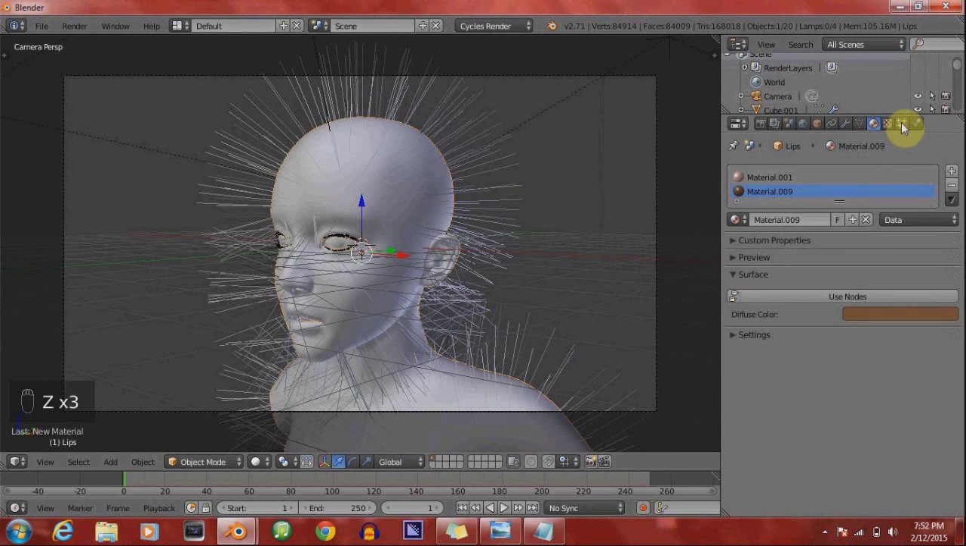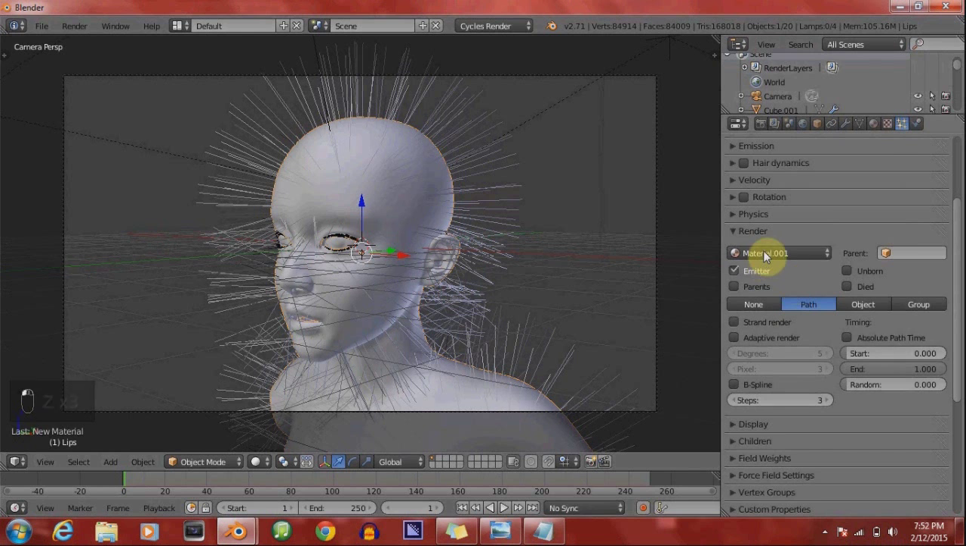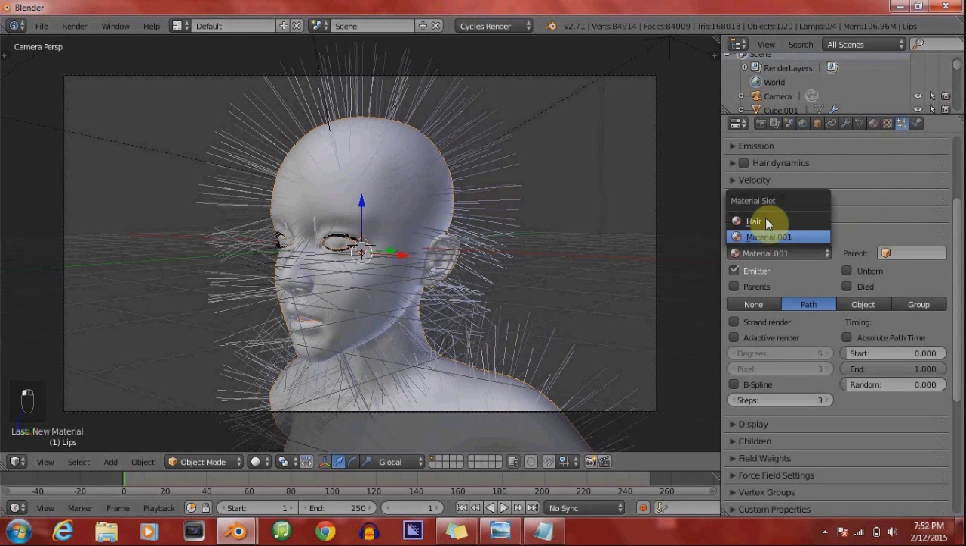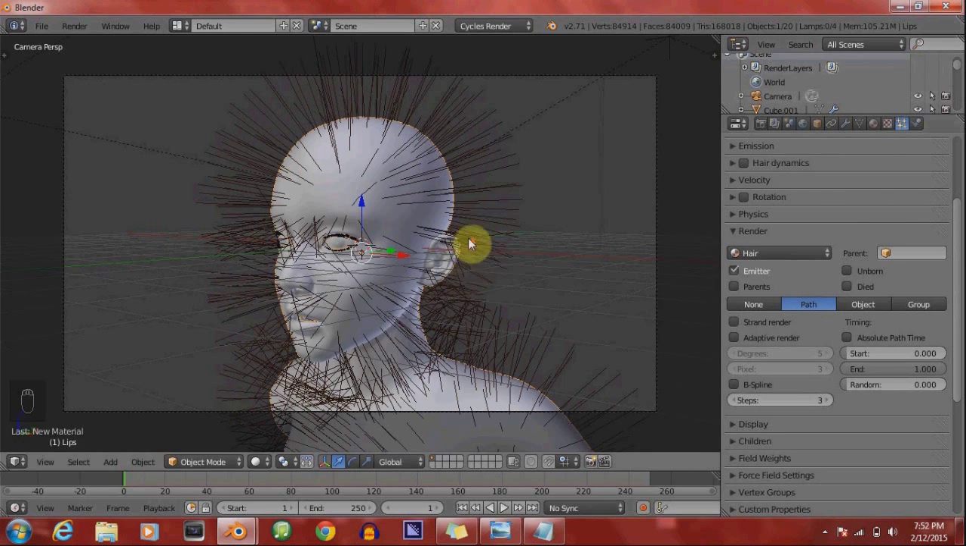So going back to the particle settings, in materials, actually we need to name the material. We'll name it hair, obviously, because that's what it is. And go back to the particles and click hair. Now the hair will turn brown, obviously. But now that we've got that set up,